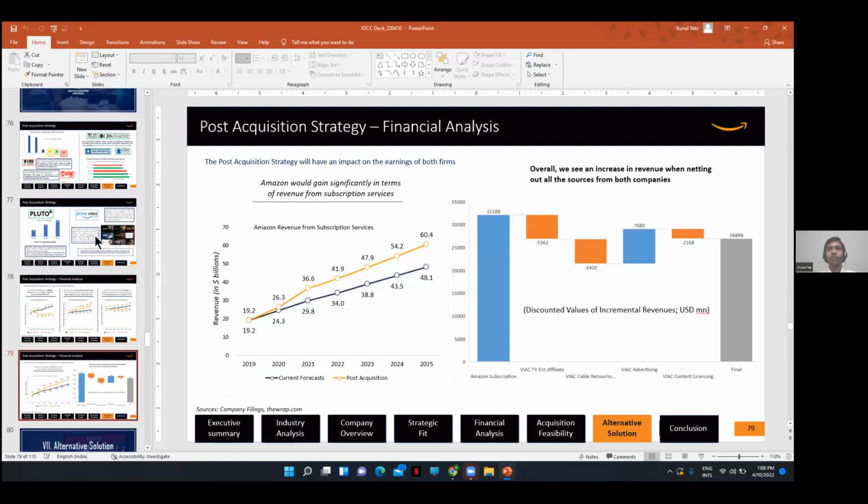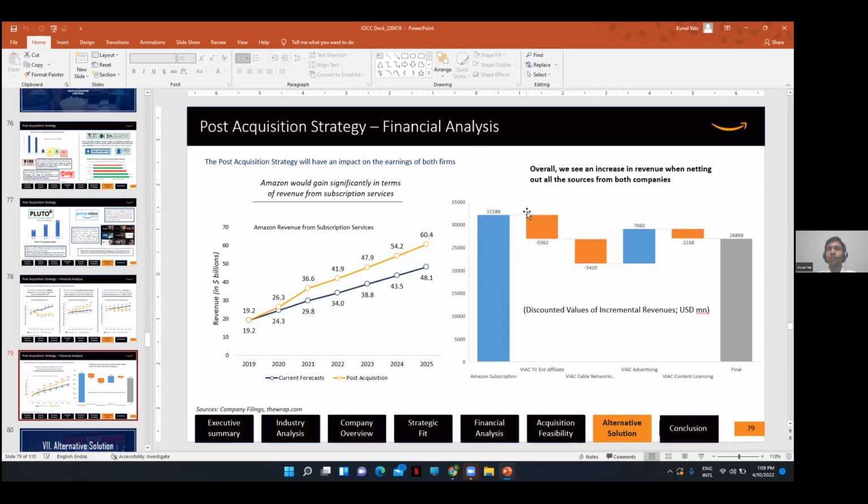Lastly, we conducted this analysis. Over here, we basically want to see what would be the revenue from subscription services post-acquisition, and currently without the acquisition, and we definitely saw a bump. This was something we calculated in our model. And the final waterfall chart is to try to understand